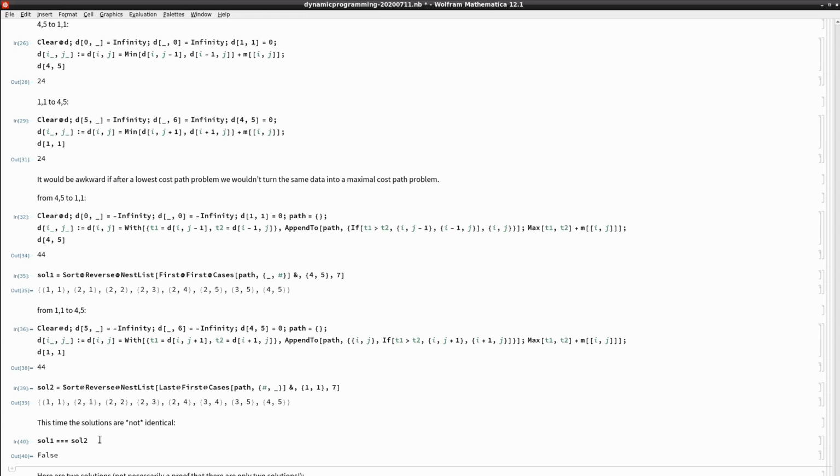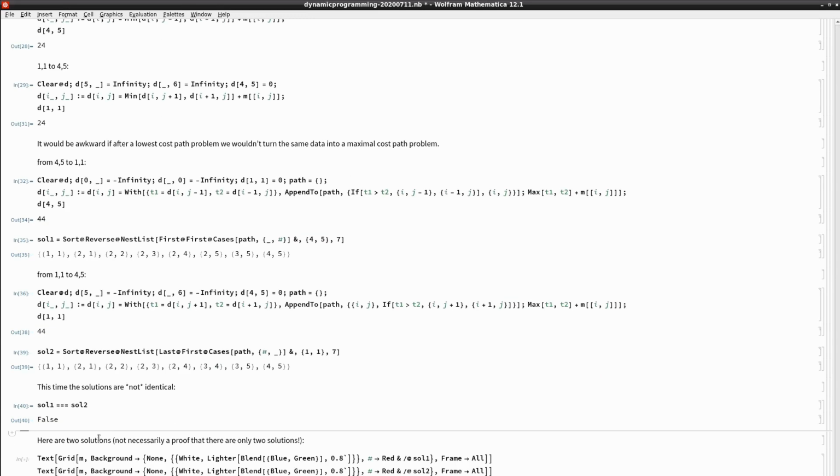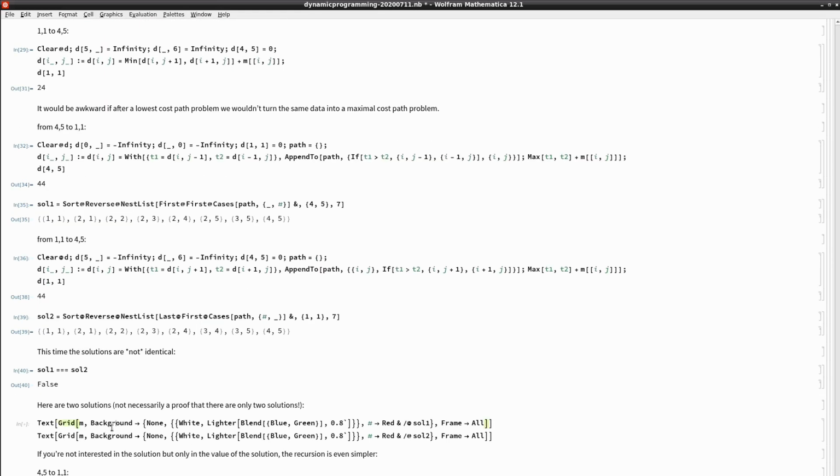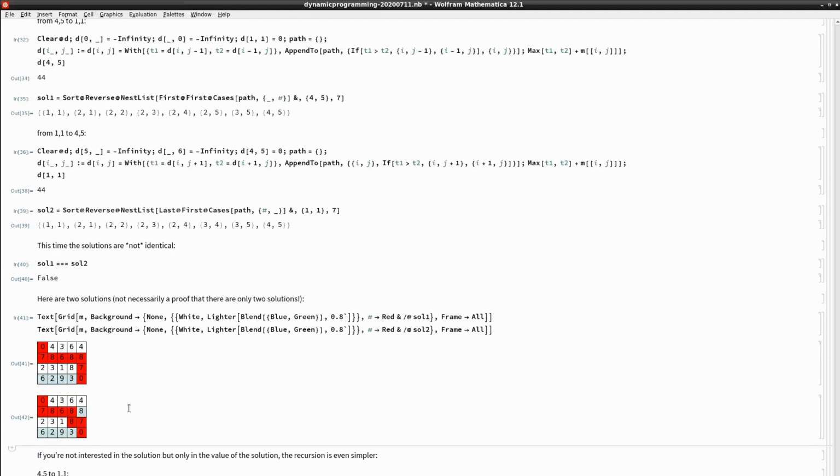And here we have the interesting case that our two solutions computed forwards and backwards are not the same, right? Their solution values are, but the solutions are not. So let's look at them, and we can see that we have these two different solutions here, but they have the same value. In this cell here, that is 2, 4, in one case we go to the right and